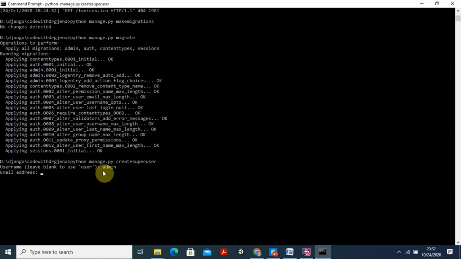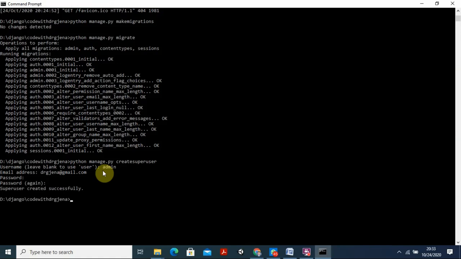Then it is asking for an email ID. I put Dr. G Jana at the rate Gmail dot com. So now I have provided my email ID also. You have to do all the things step by step. Then it is asking for the password. Password is confidential, you write your own password. You see the password is not visible, so you cannot know whether you are typing or not. Something I have typed there, so it is asking for the password again, the same password I typed here.